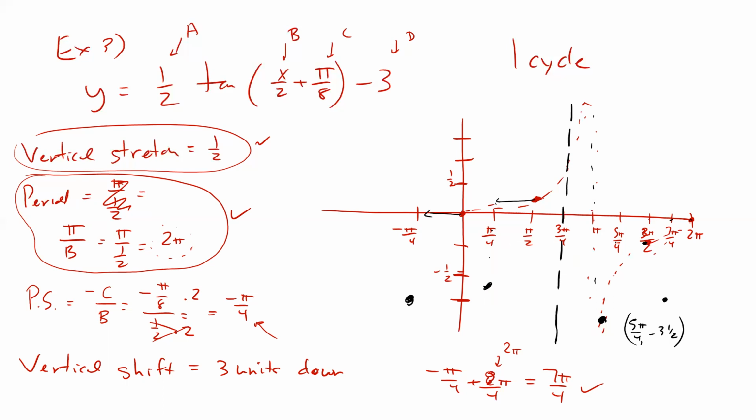Okay, so I'm going to go this one right here. 2, 2.5 pi, and it's going to go up like this. This guy's going to come from the very bottom, comes up, and it hits the 3 marker there, and that's one complete cycle of 1/2 tangent of x over 2 plus pi over 8, minus 3. Okay,